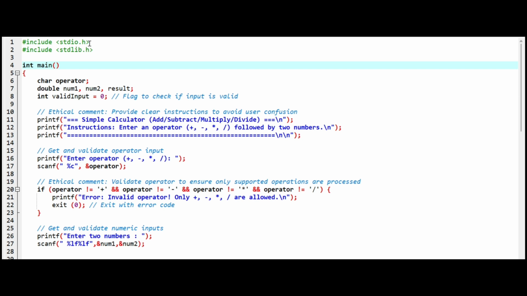Hi, I'm Zhou Siray, and I'll explain the solution for problem 2, the simple calculator using switch case. First, let's look at the core requirements. The task was to build a calculator that supports basic operations and uses switch case for logic control. Starting with the code structure, I included two key headers, stdio.h